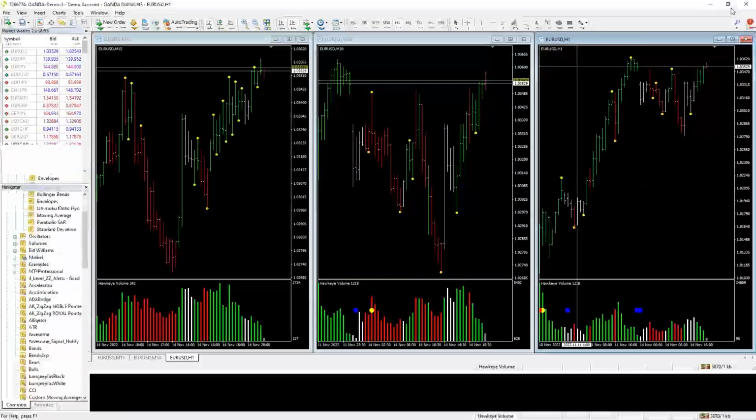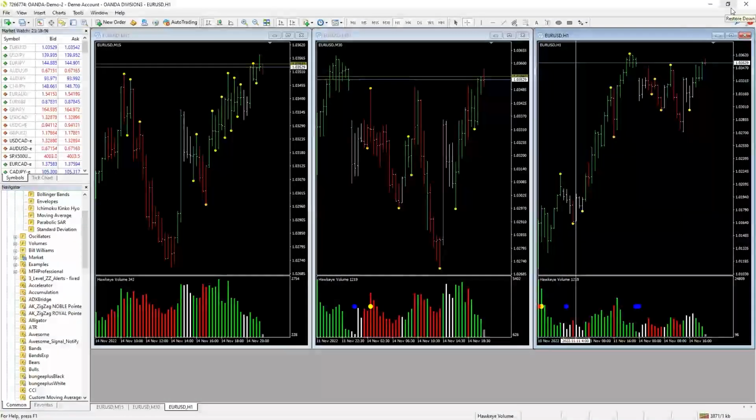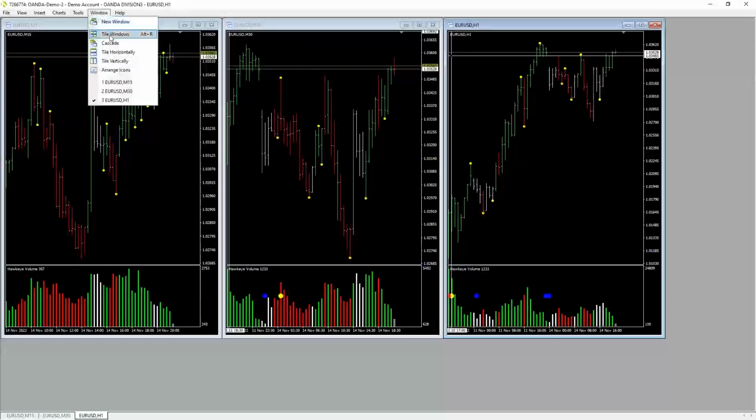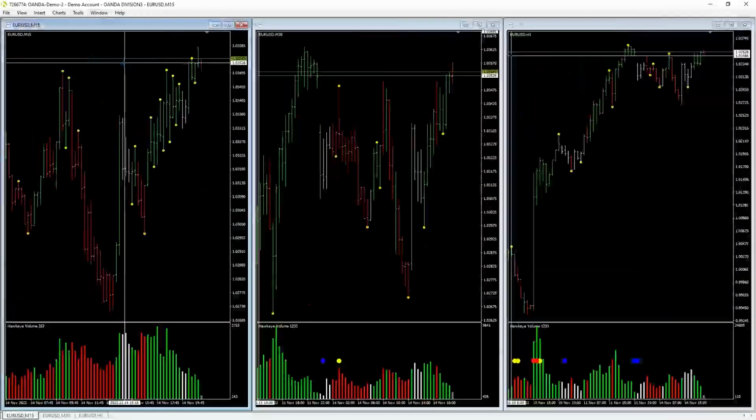Also, if you were to look at going full screen, notice that the screen doesn't automatically expand to take into account all of the real estate that's available right now. Since I have 3 windows that are the same size, I can go in and tile these and resize them so that they fit into my setup.